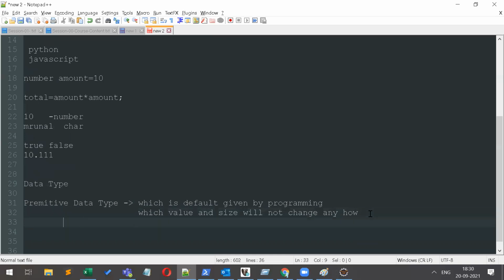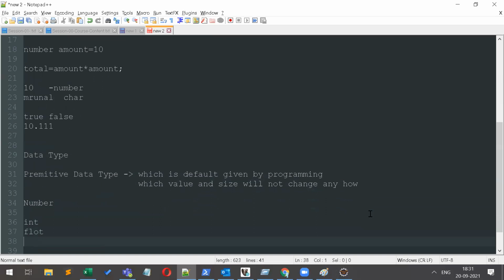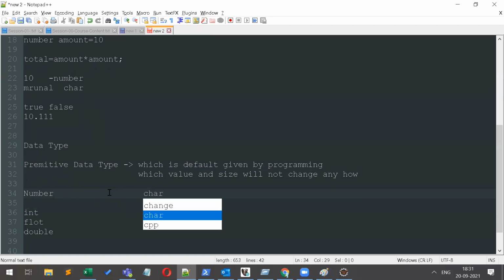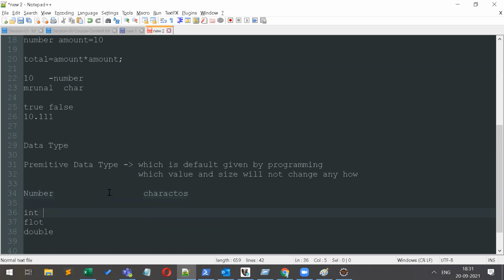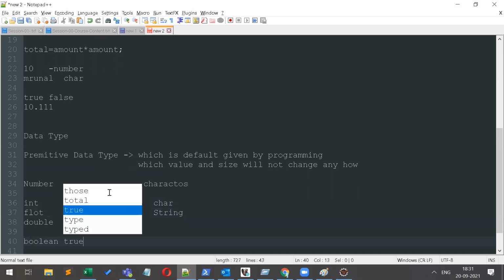And what are those? We can categorize them into numbers: int, float, double, these are numbers. Then in characters we have single char and a sequence of chars called string, and more than this, boolean also, which stores true and false values.